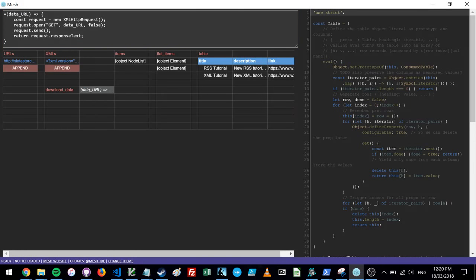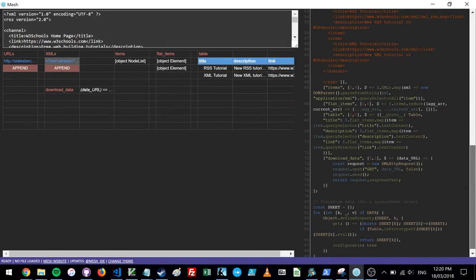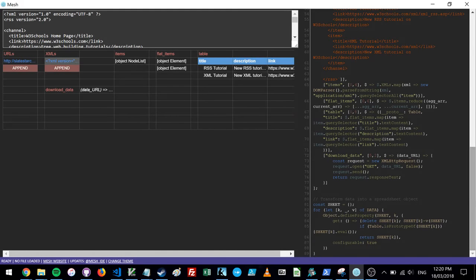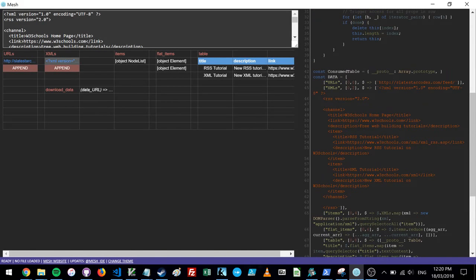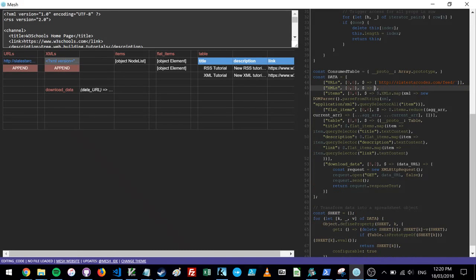Cool, so now we have a function, and now instead of using this XML thing here, we can start to loop over each of these URLs and then download their XML. So let's do that. Instead of having this literal here, what we'll do is we'll turn this into a function result. So let's go up to, where is it? It is here. Instead of returning an array that's a literal, let's return